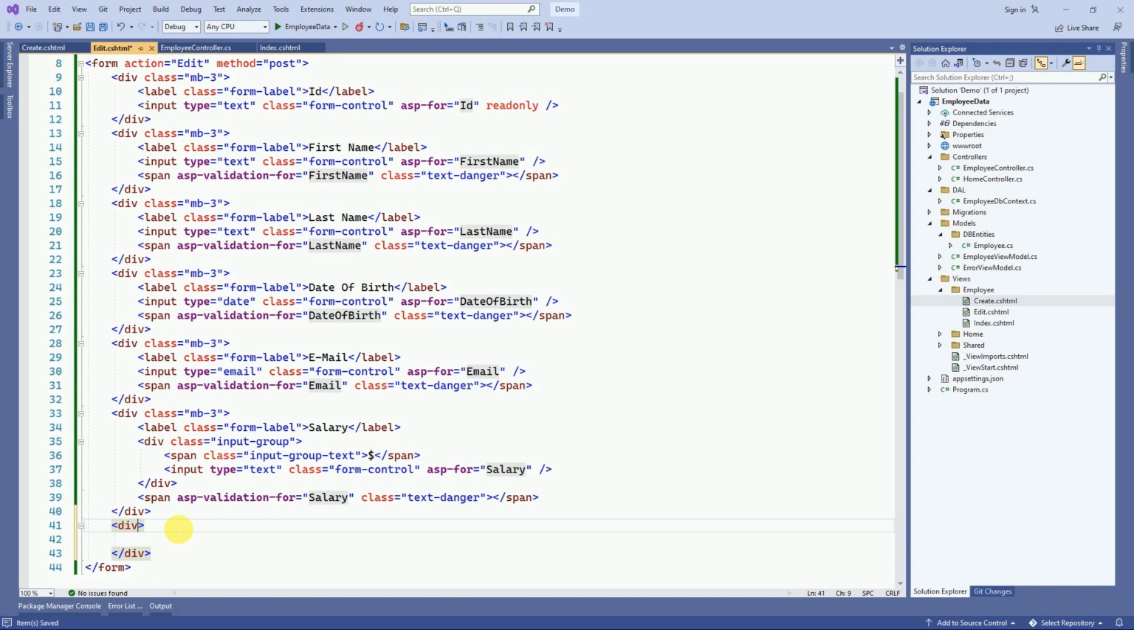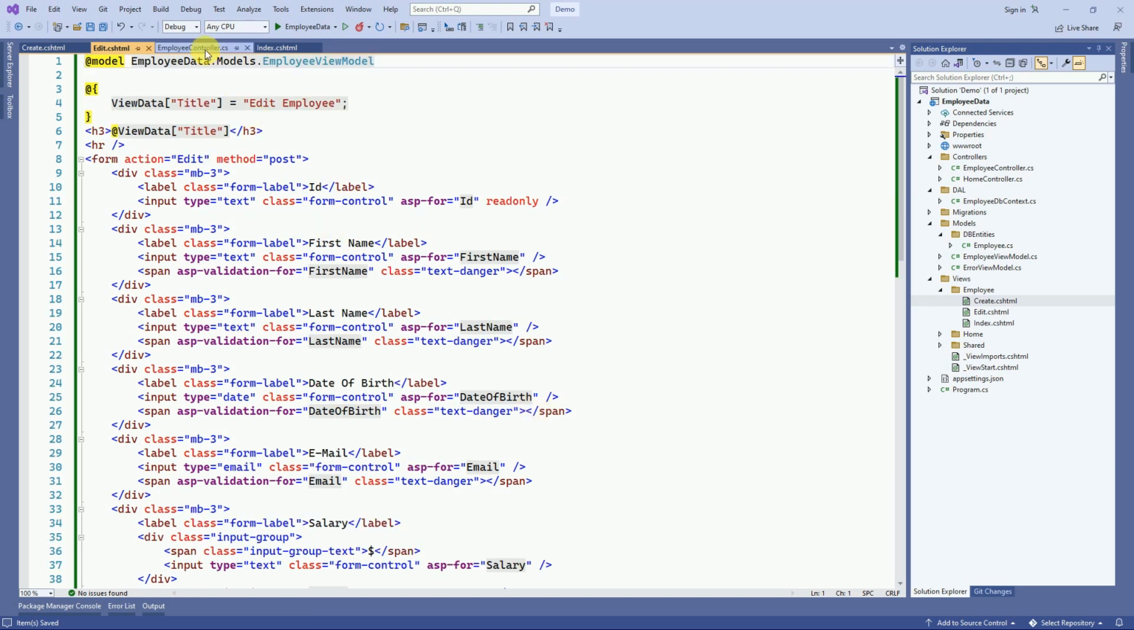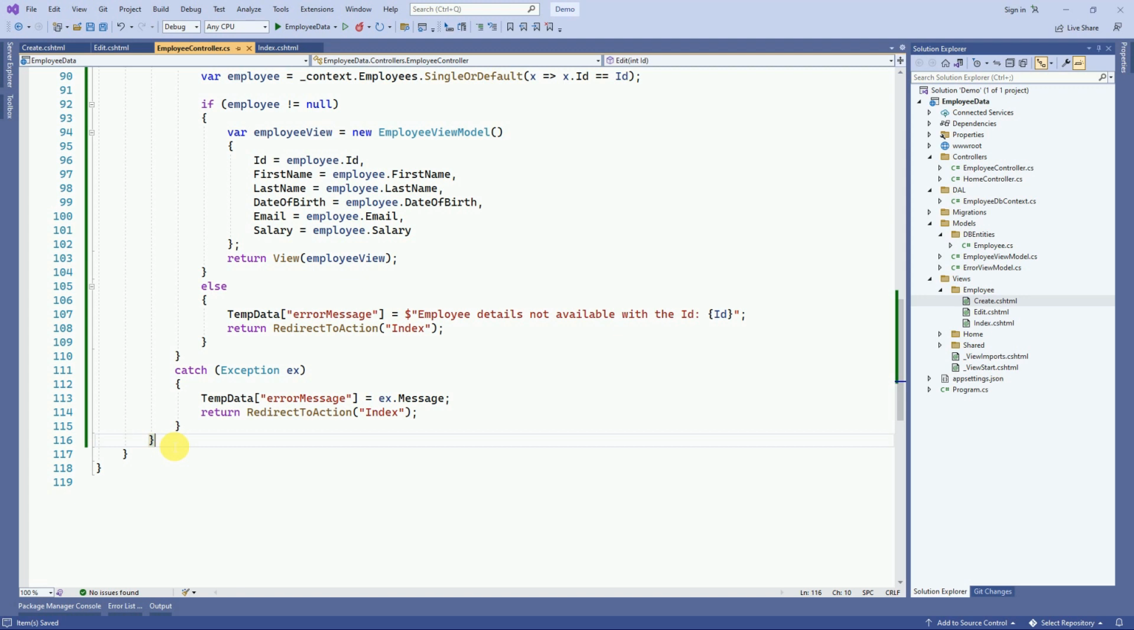Finally we will add another div to display the button. I'll add class as grid, and here I'm going to add a button, type will be submit, and the class I'm making as btn btn-success, and I'll give the text as update. So whenever the user clicks on this update button, it should post the data to the controller, and the controller will push the data to the database. For that, here we have to create another action with the post,